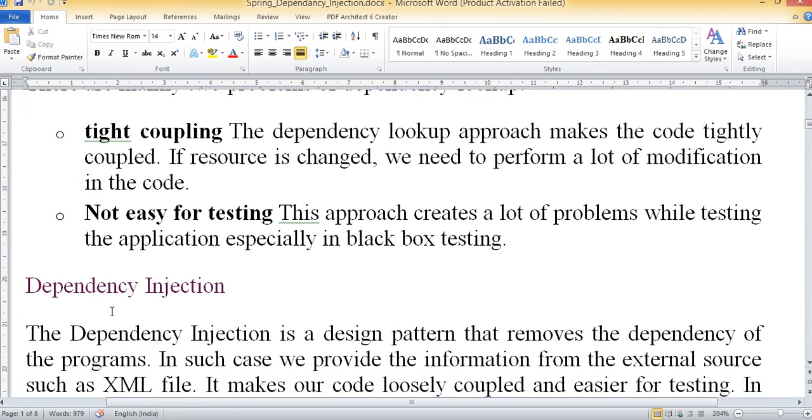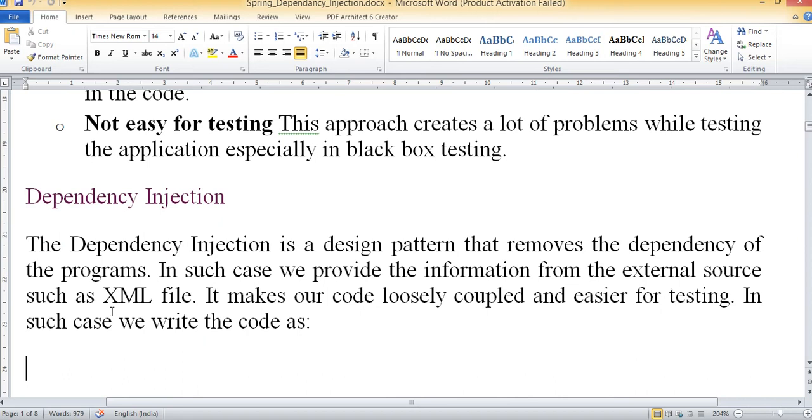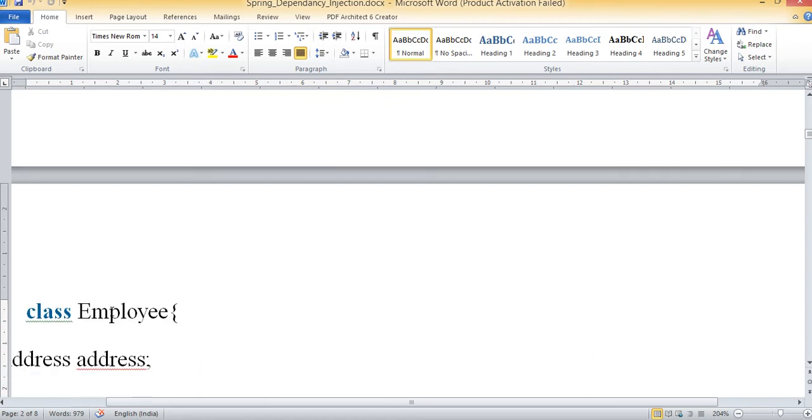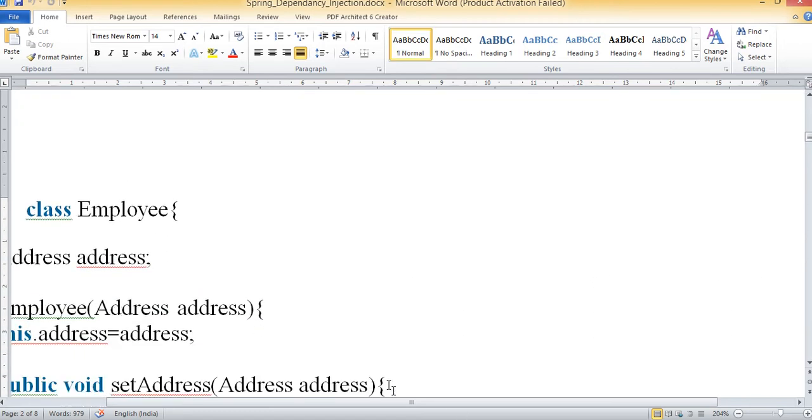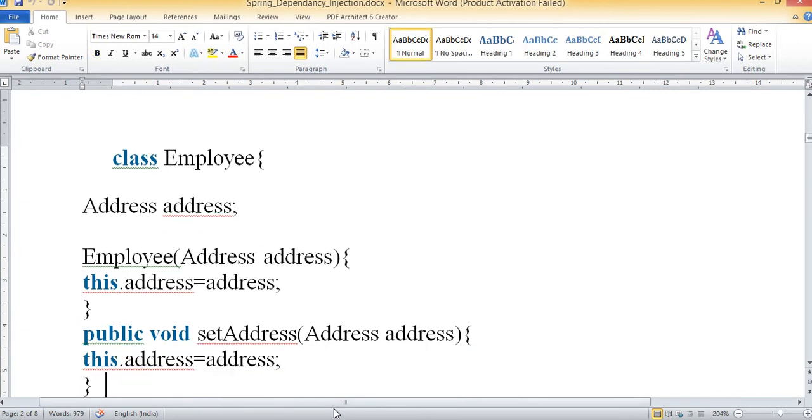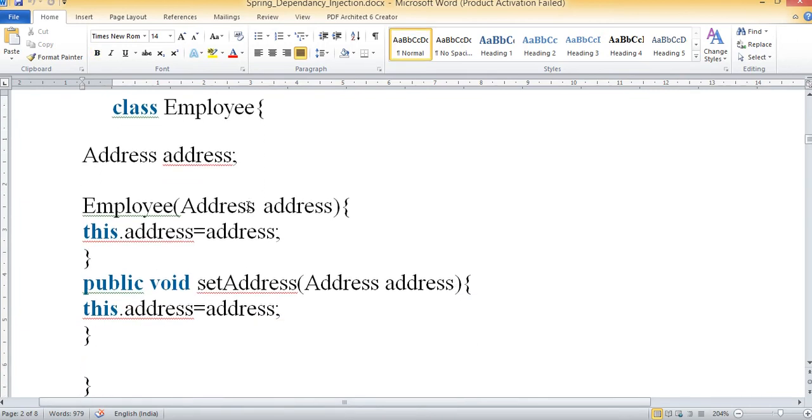So dependency injection is nothing but a design pattern that removes the dependency among the code, to make your code loosely coupled. Let's take one example to get more idea. I am taking one example here: class Employee, which has another class, Address. I am creating two different ways: one constructor and one method.